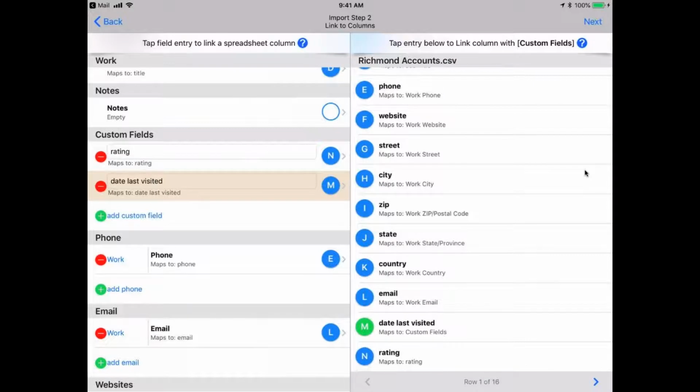With that, I'm going to go ahead and tap next. And just one point, this is really a one-time process, because if your spreadsheets are all consistent and built the same way, the app will remember that. So the next time I load a similar spreadsheet, it would automatically do all this matching for me, as long as it was structured in the same way with the same exact columns.